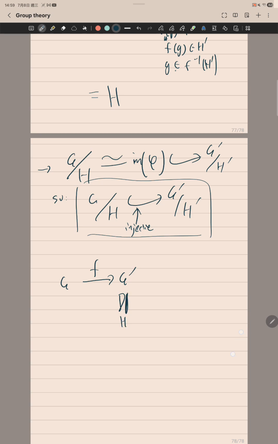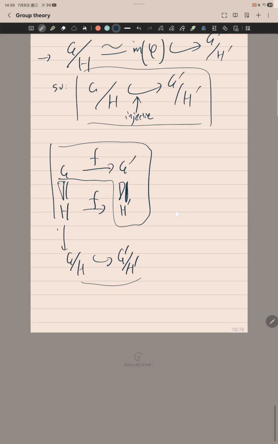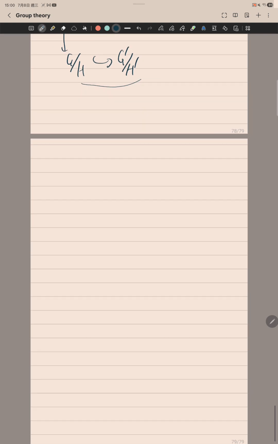you have a normal subgroup of H prime, then there will be some preimage H, such that f(H) will become H prime. Moreover, this guy's a normal subgroup and its quotient G quotient H will be a subgroup of G prime divided by H prime. So whenever you have this kind of diagram, you can construct H here by using the preimage. Then you have this injective map. And moreover,